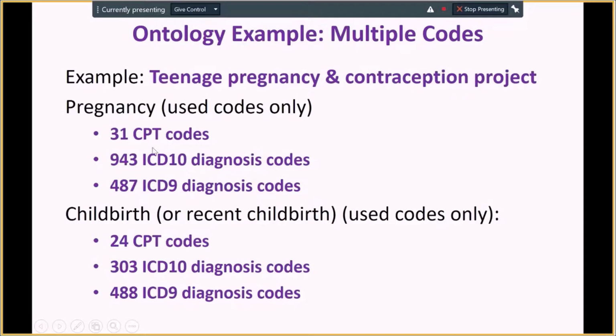There are actually about 2 or 3 times this number of ICD-10 and ICD-9 codes that could actually mean pregnancy. They just weren't used. For childbirth or recent childbirth, such as postpartum events, among the used codes there were 24 CPT codes, 303 ICD-10, and 488 ICD-9 codes. So we've mapped those